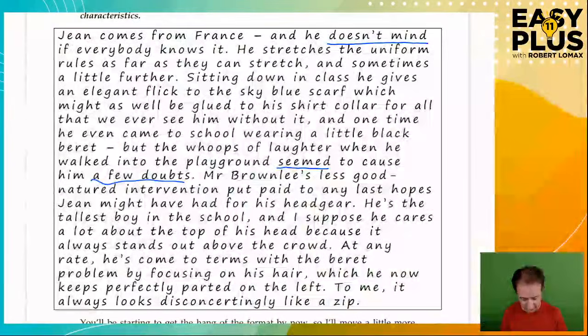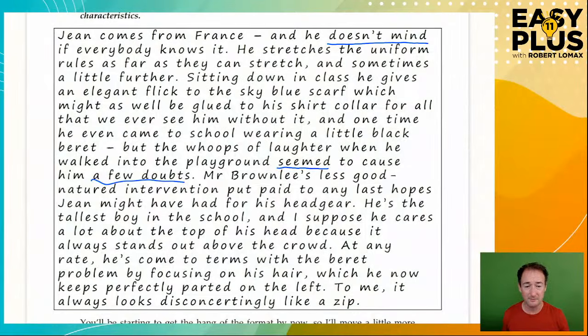To me, it always looks disconcertingly like a zip, which gives a kind of comic finale and balances the introduction sentence that we had at the beginning. So a crisis event happens, him being told he can't wear the hat, and his response to it, and then a conclusion. So even though this is just a piece of description, and even though there wasn't any particular plan going into it, through thinking about it from the narrator's perspective, we've ended up with a very natural narrative, which always uses facts as part of points about personality, which doesn't make too many statements about his personality, but instead gives the reader information from which to draw conclusions,